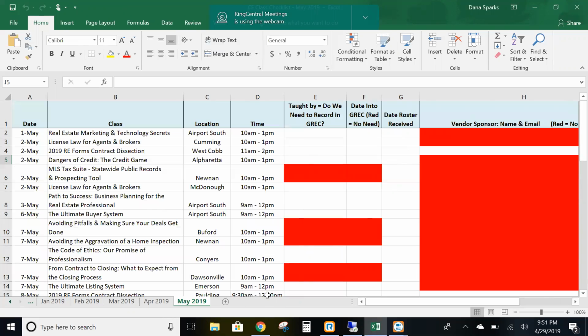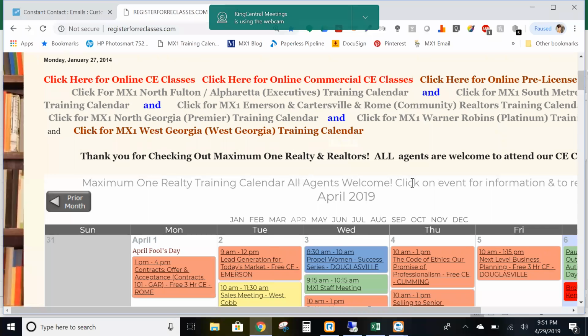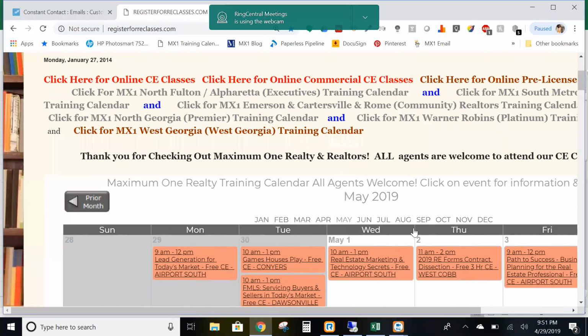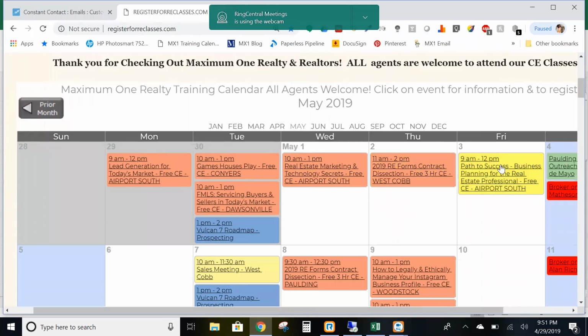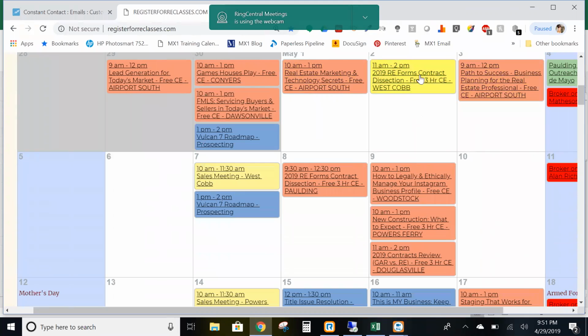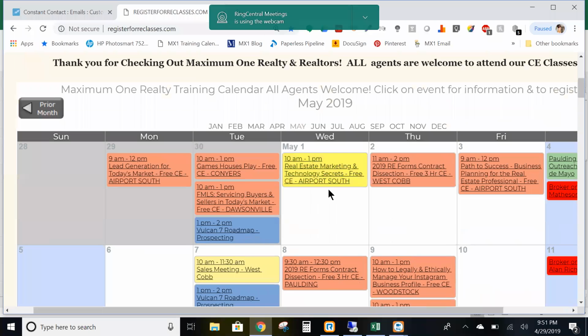Then what I do is I go to the calendar. So this would be the Greater Atlanta calendar. So I would look ahead to May. And I just start at the beginning and I see what classes there are. And we have started just now putting the Greater Atlanta classes in here. So I would see Paulding. So I see the first class for us. Well, actually, it would be up here. The first class for us would be